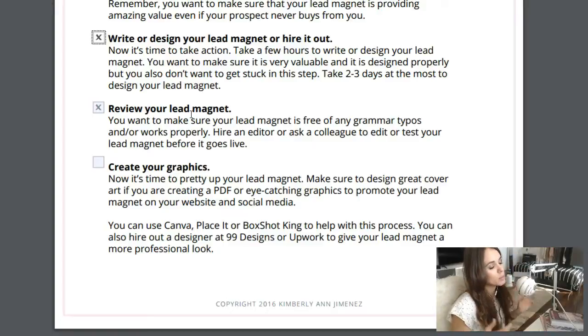And then the next step is to create your graphics for your promotion. So now that you have your lead magnet, it's time to promote it. You can't promote it if you don't have graphics, right? So you want to make sure that you create a nice cover art for your PDF, if it is going to be a PDF, and then make sure that you have different sized images for social media and your website. I love using Canva again for all of this